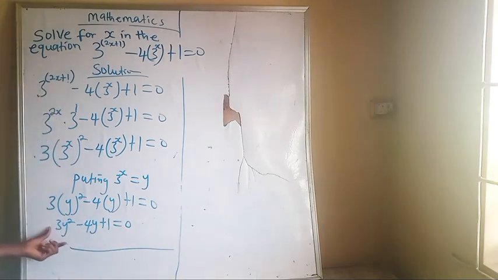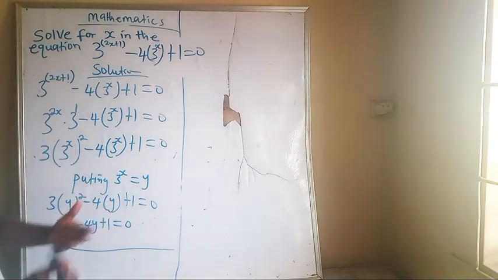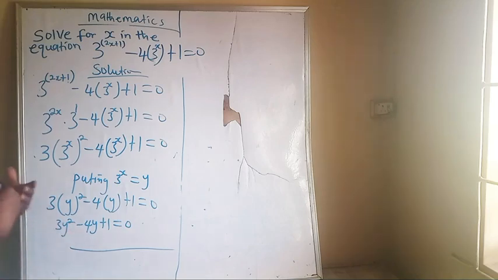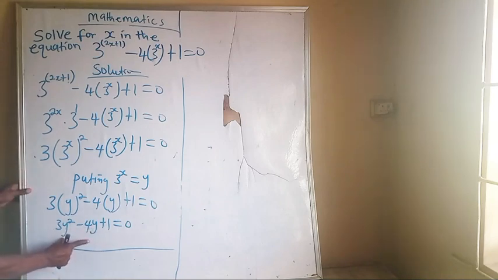And this has formed a quadratic equation. A quadratic equation is an equation in which the power of the unknown is 2. So this has successfully formed a quadratic equation. In solving this equation, you can decide to apply the completing square method, the formula method, or the factorization method. But since we can factor this, in factorizing this kind of equation you will notice that the first term has a coefficient of 3, which means you take this coefficient and multiply it with the last term. So now 3 multiplied by